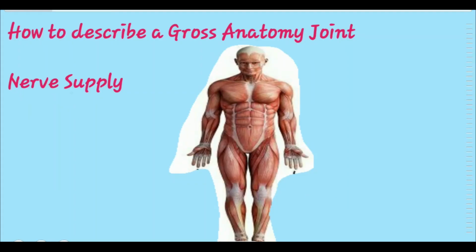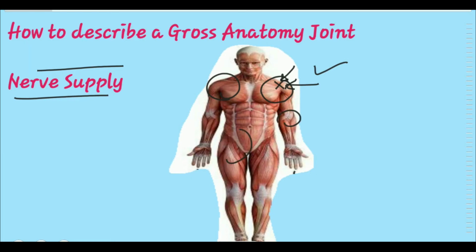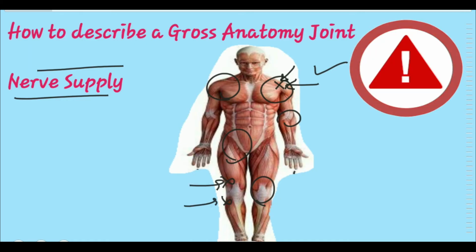The next heading in the description of a gross anatomy joint is the nerve supply of the joint. Whenever you are asked about the nerve supply of a joint, you get confused, you forget the nerves that you learned through rote. Never go for rote. Always remember, we have a joint, and around it we have muscles. There will be nerves that supply those muscles, and those nerves which supply these muscles will be the nerve supply of the joint as well. Very simple. I'll repeat, we have joints, around the joints we have muscles, muscles have nerve supply. Just remember that nerve supply and repeat those nerves whenever you are asked the nerve supply of the joint.